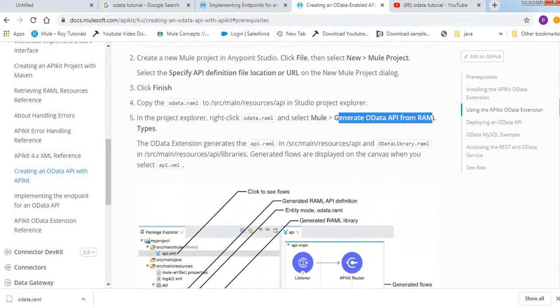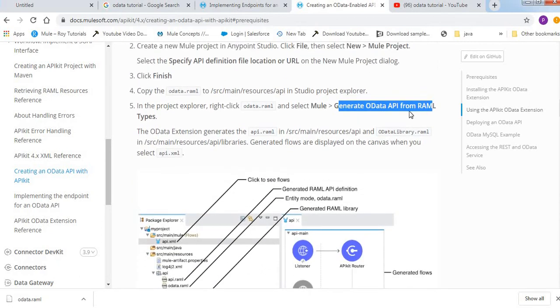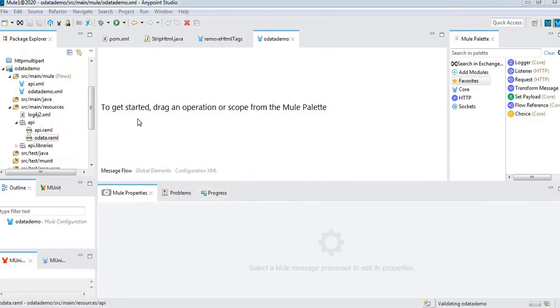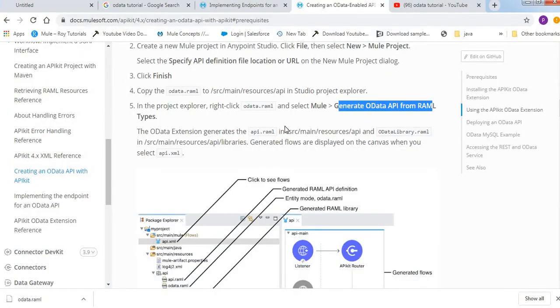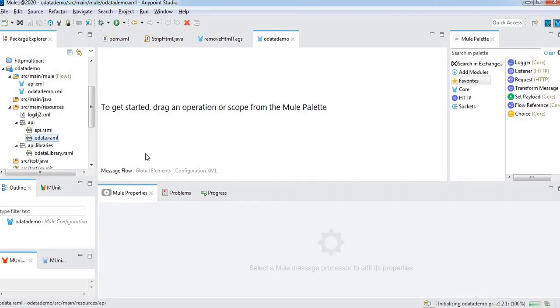Once we generate the flows, the OData action generates API.raml and OData library.raml in the libraries folder. This is the API libraries. The OData API.raml and OData library.raml files are generated and displayed on the canvas when you select API.xml.